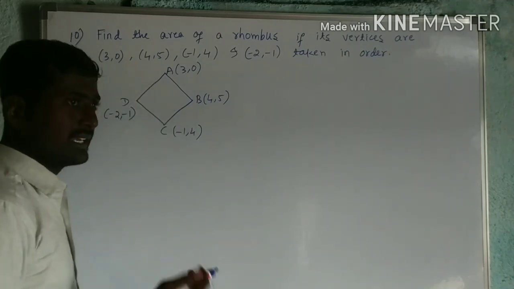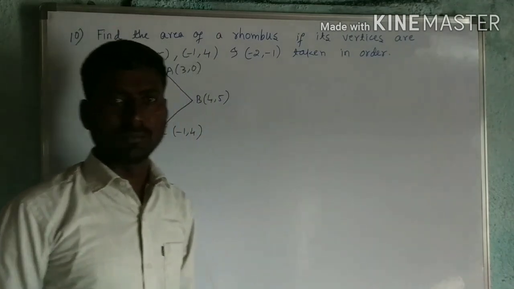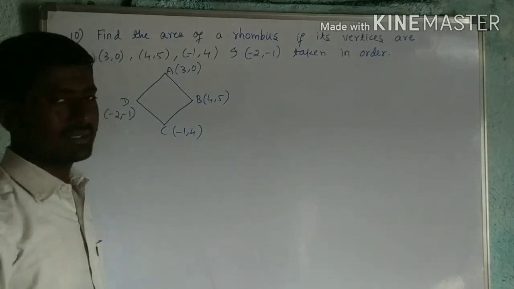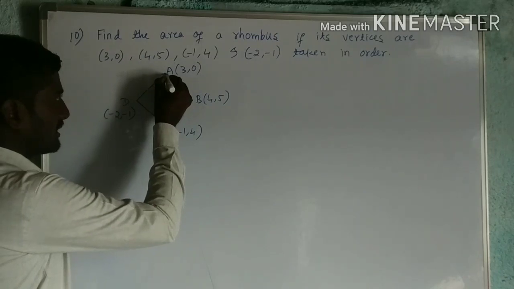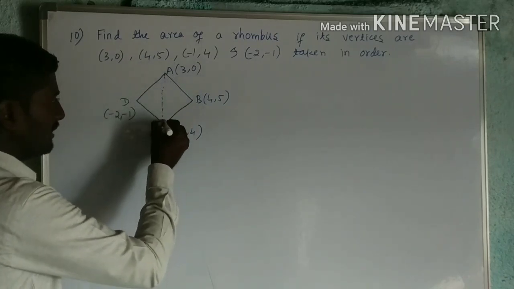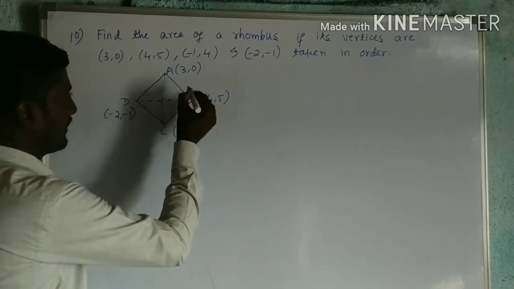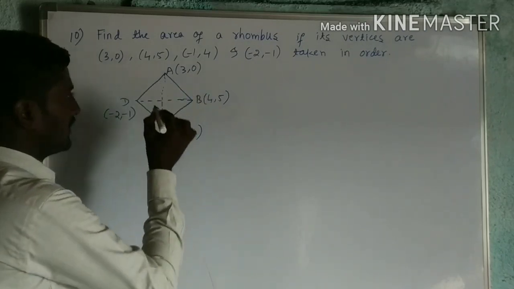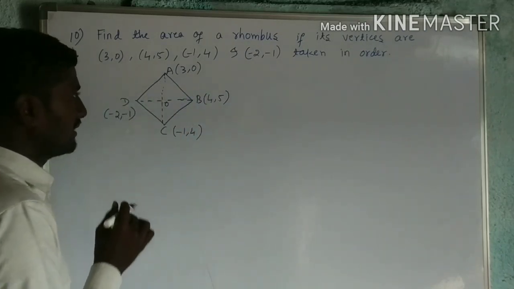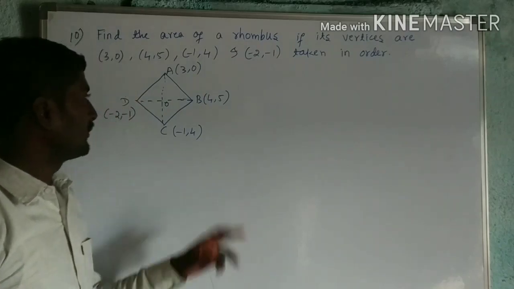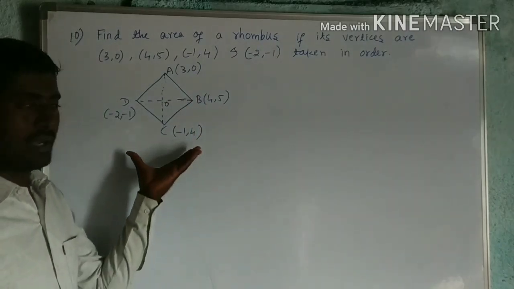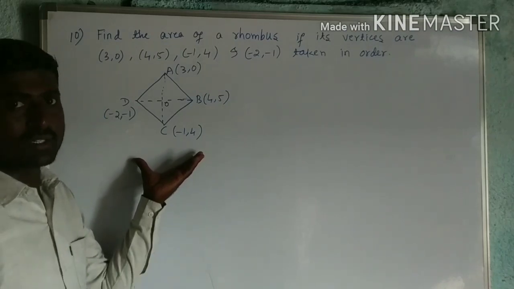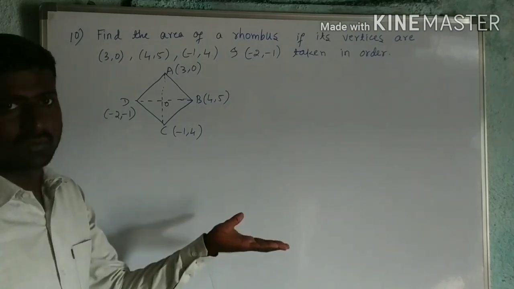Now here also you can solve this in two methods. One is easy, another one will be somewhat difficult. So if I draw the diagonals AC and BD, now let us take O as the point of intersection of the diagonals AC and BD. Now I am going to tell you one method how to solve it. Okay, you try to solve.